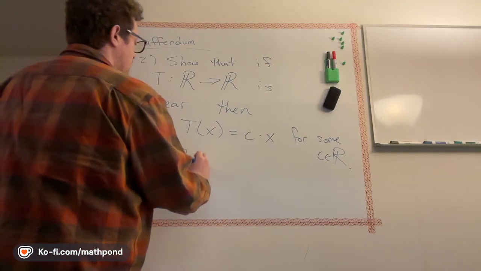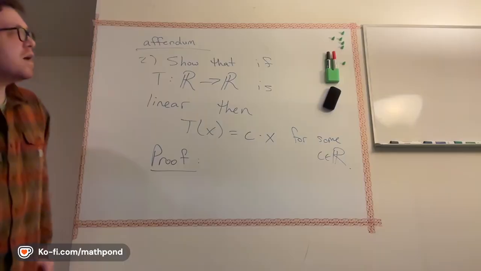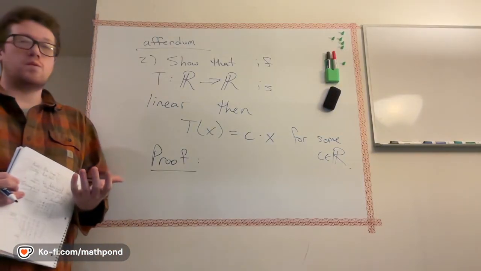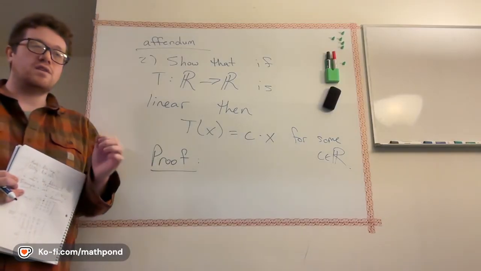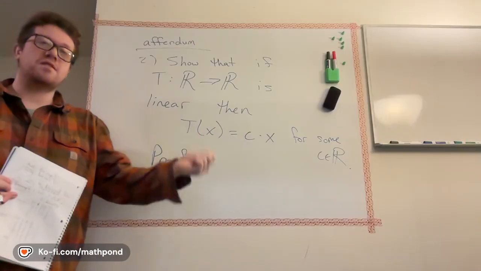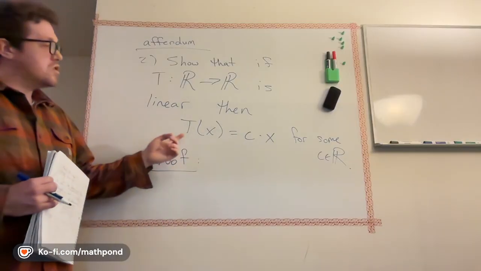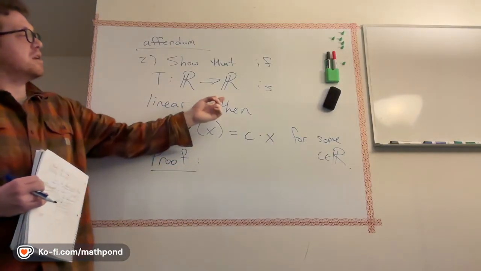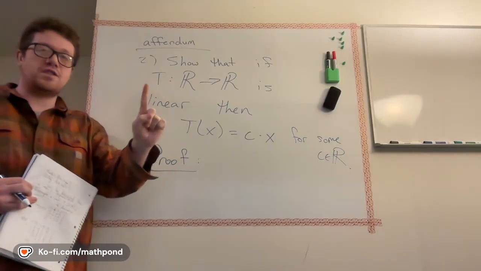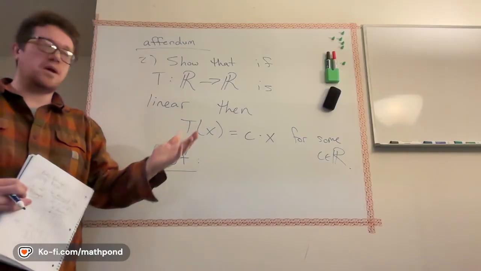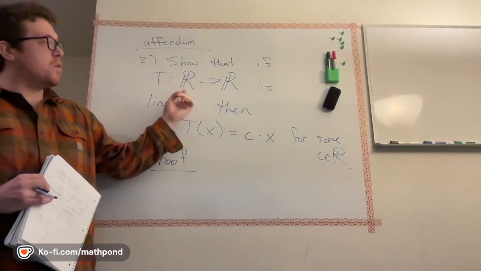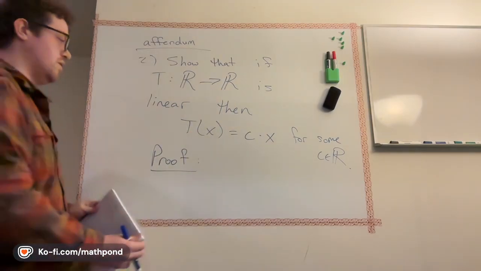Well, we've been talking about the basis of a vector space, and the most important thing about a basis is that when you define a linear transformation, all you have to do is say where do the basis vectors end up. So for here, if we know that T is linear and we know that we have a basis for R, it's one dimensional, so the basis is just the number 1 or any non-zero number. And so to know what the transformation is, we just have to know where 1 gets mapped.